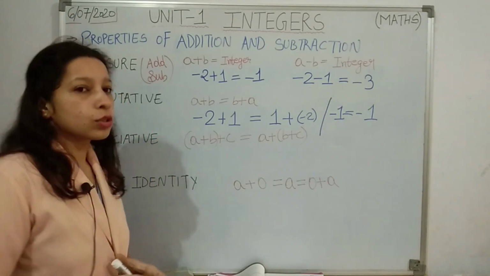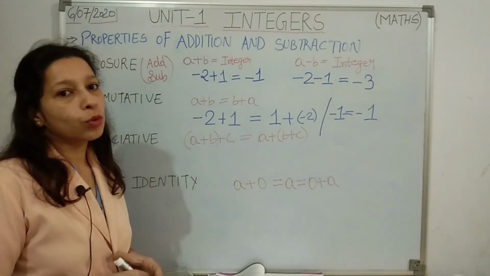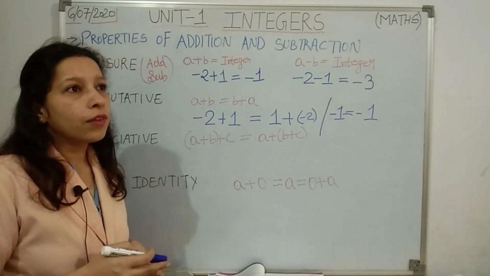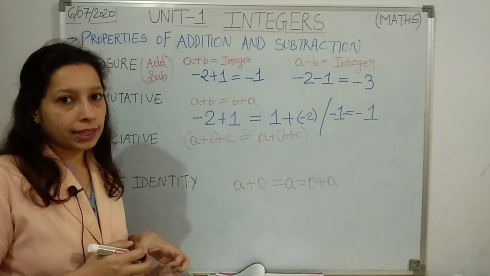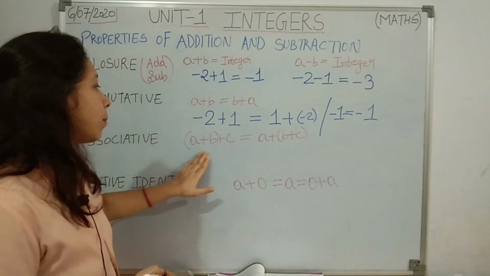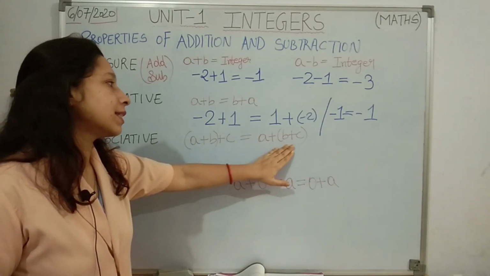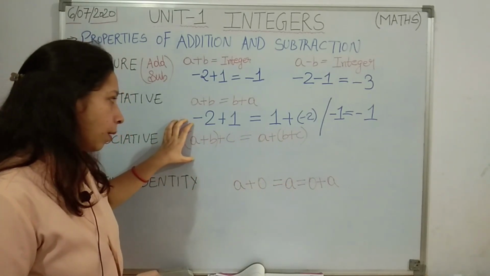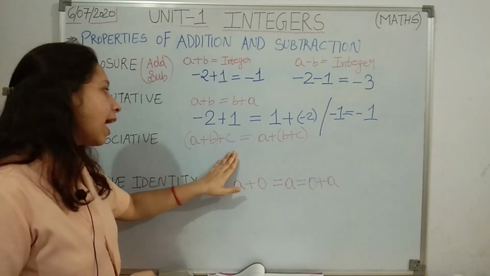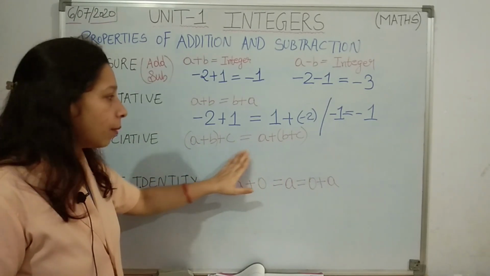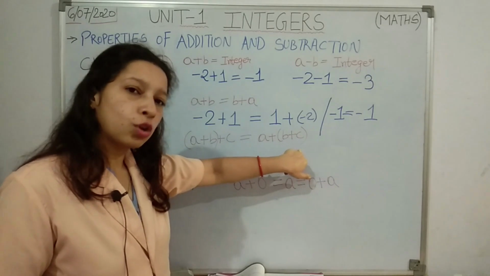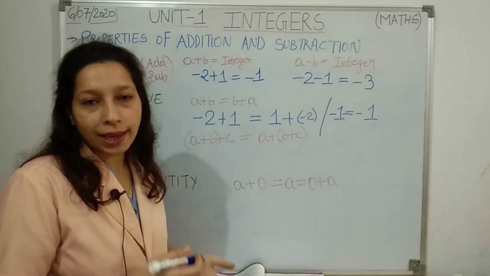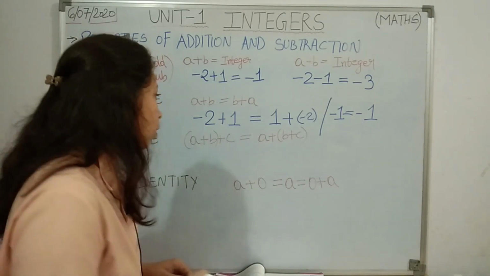Now third property is associative property. This property again you can only use for addition. This property states that for your convenience you can form groups of integers to add. Let's see, a plus b plus c, again a plus b plus c. Here in this one I have taken a group of first two numbers. I have taken their sum and then I have added it with the third integer, but here I have added last two integers and its sum with the first integer. It again will not make any difference. The result will be same in any of the cases.